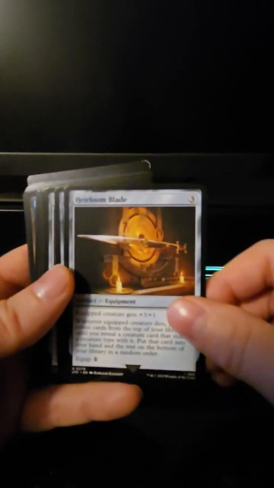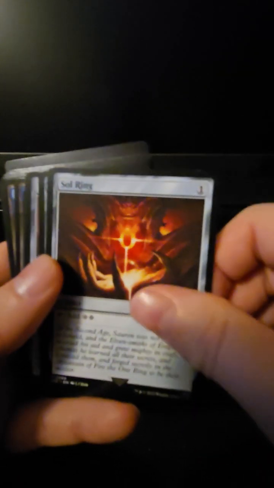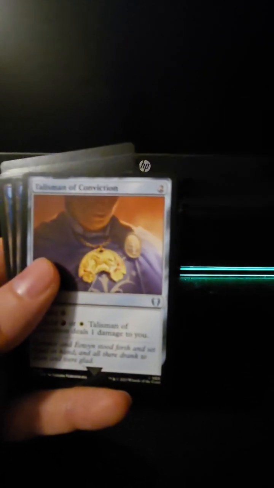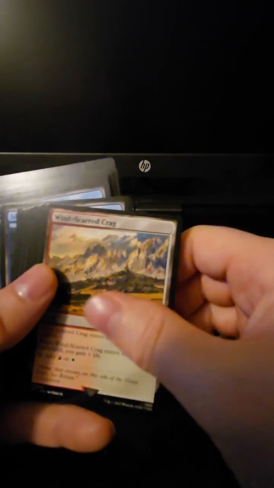Humble Defector, Theoden, King of Rohan, Arcane Signet, Commander Sphere, Heirloom Blade, Herald's Horn, Soul Ring, Talisman of Progress, Talisman of Conviction, Thought Vessel, a Wayfarer's Bauble, Command Tower, Evolving Wilds, Field of Ruin, Path of Ancestry, Rogue's Passage, Terramorphic Expanse, Secluded Graveyard, Tranquil Cove, Windscarred Crag,